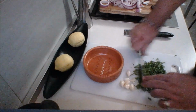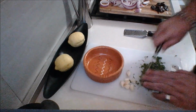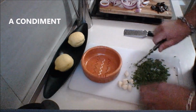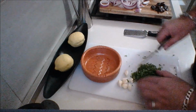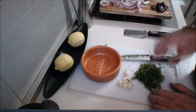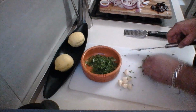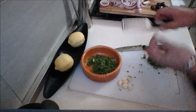Hey guys, I'm just finally mincing some parsley here. And what I also have are some garlic cloves that I've peeled. What we're making here is kind of like an accompaniment, kind of like a dip. And this is quite popular in Macedonia, served with liver. Sometimes they'll serve this with eel, and sometimes you'll see this on top of the veal soup. So I'm going to put my parsley in there. I'll just save a little bit back for garnish. And then with my garlic cloves,